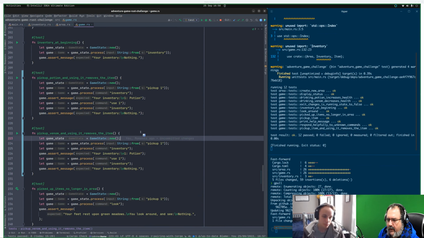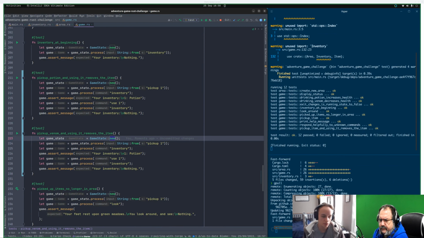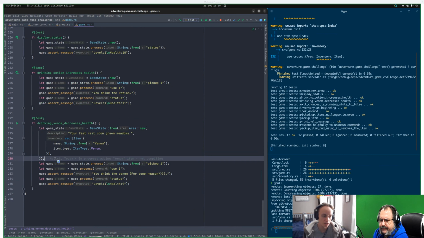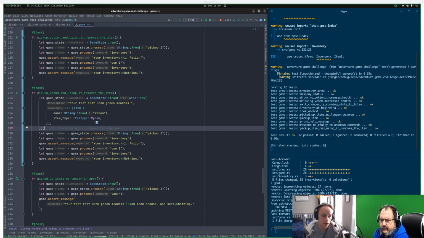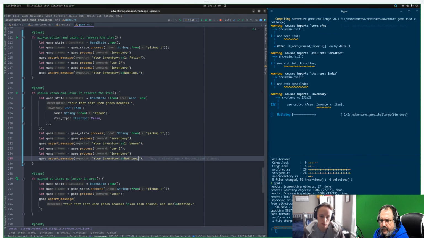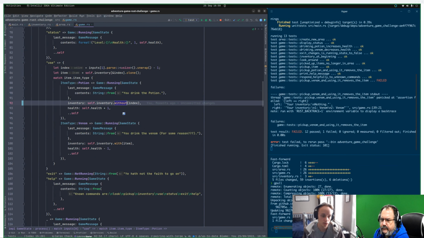So now we can reuse the new area that we had done before and create an area with a Venom, which is at the bottom. We'll have to use our from. Wait, we did this once before, haven't we? So we have an instance of how to set this up. So this gives us our Venom type. Then we can say pick up 1 inventory. That should be Venom. Use 1 inventory, nothing. Cool. That'll fail because we have 2 Venoms.